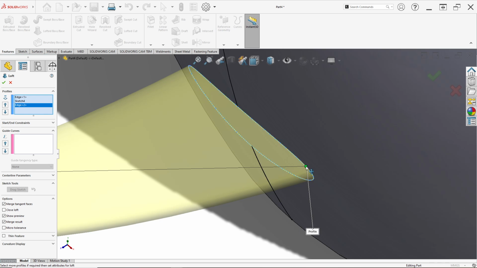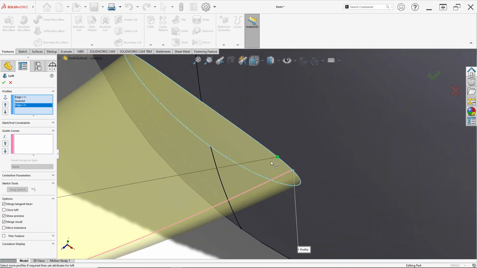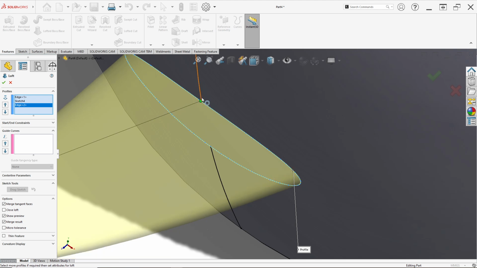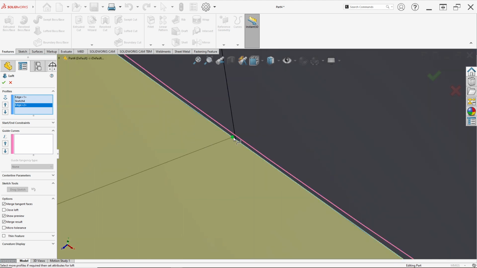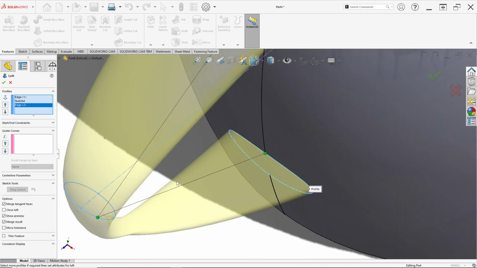We can adjust this point, drawing until this line, before from the intersection curve.